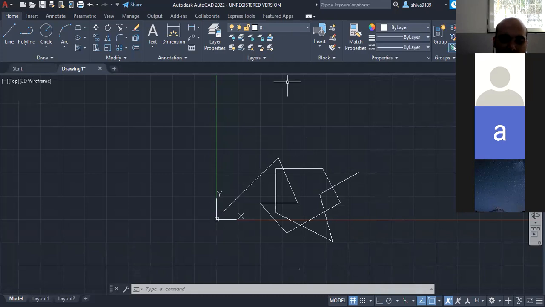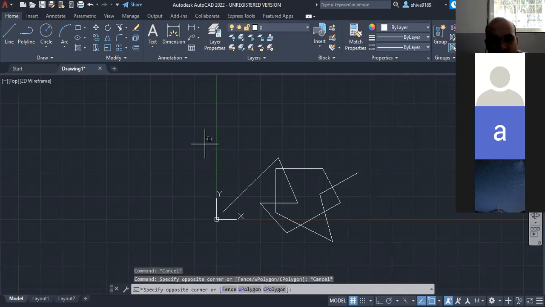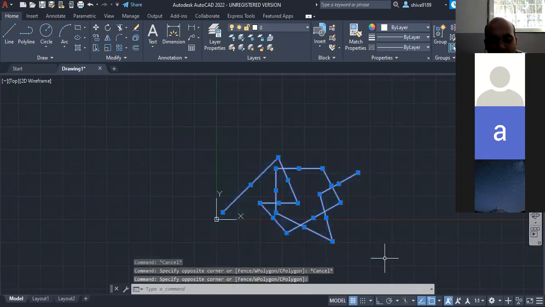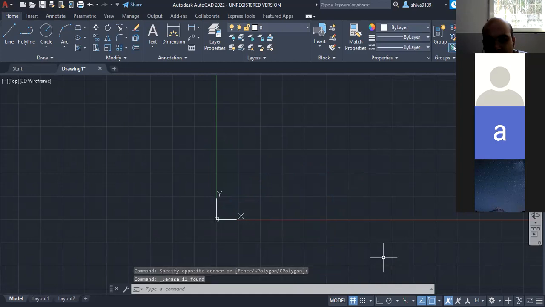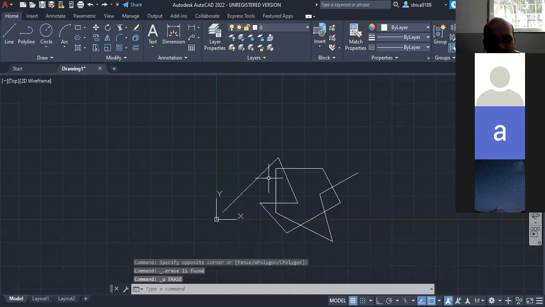Now, after this, suppose that whatever I have drawn, I want to delete it. What I can do is left click, no need to hold, and then once again left click, and then delete. Is it clear? Once again showing, I'm doing Control Z and once again it has come back. Undo कर दिया था वापस.